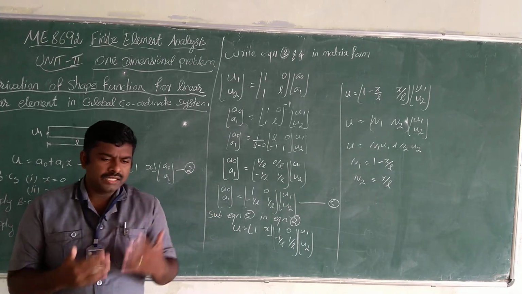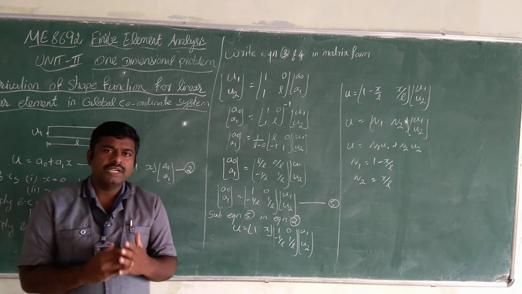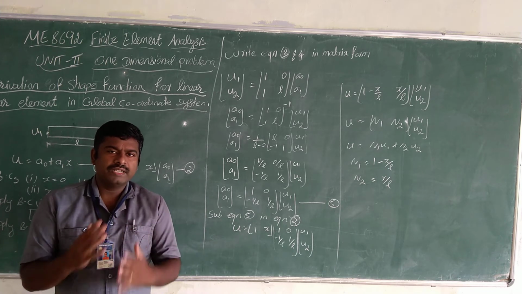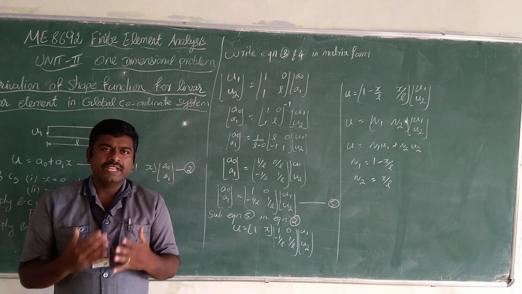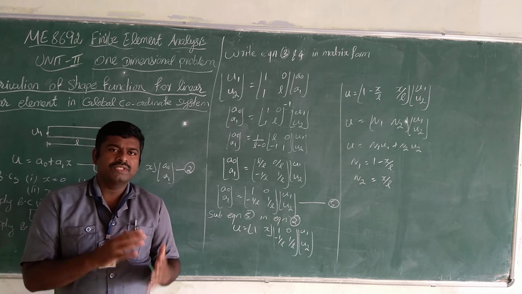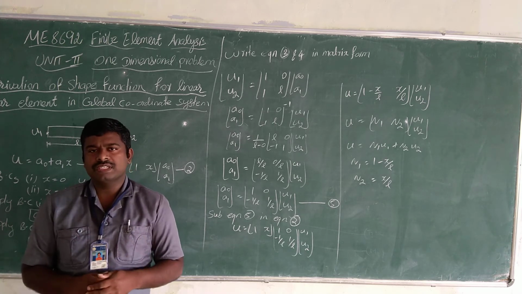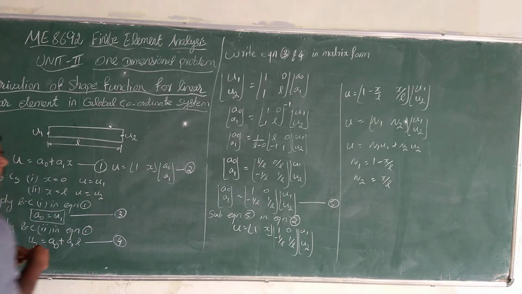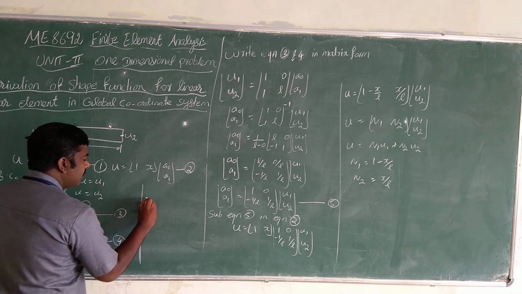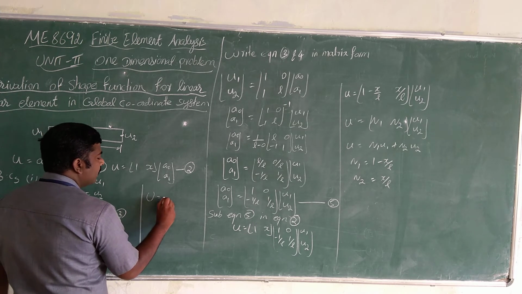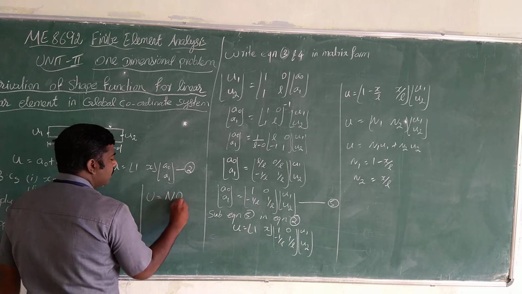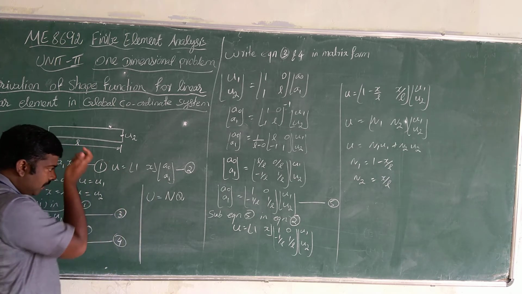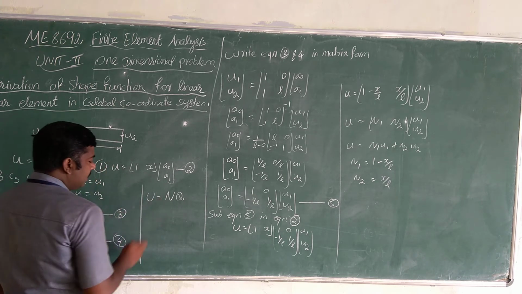So in other words, the relations between the element point displacement, that is the field variables, and the nodal point displacement, that is the nodal variables, are directly achieved by using a function, and this function is known as shape functions. So you know the relation, that is u equal to Nq, where u is the field variables, q is the nodal variables and N is the shape functions.